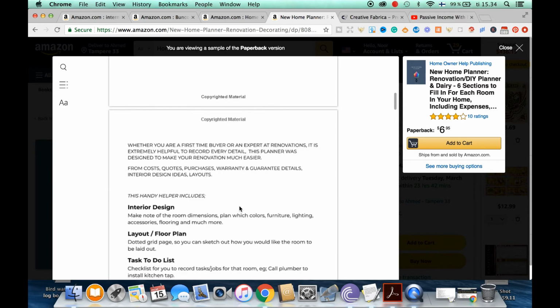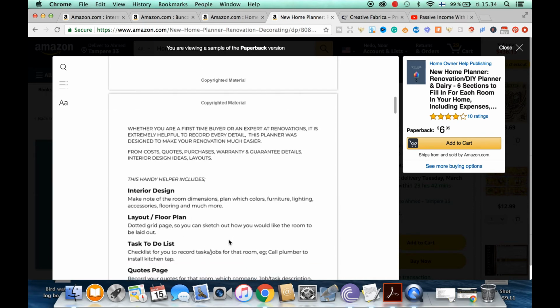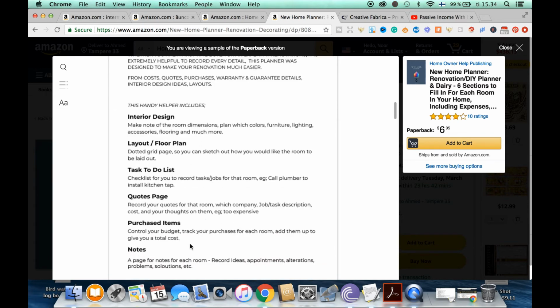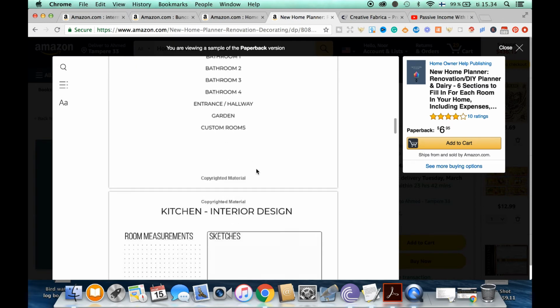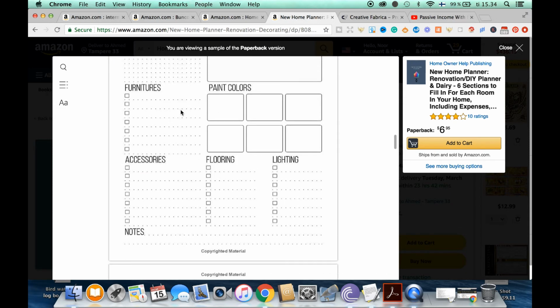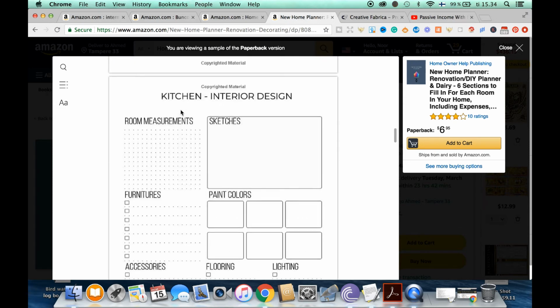Then again, we have this planner belongs to. Not really a big fan of that, but as you can see here, it has a table of contents because it seems to be a large book. And as you can tell here, we've got a section for the kitchen,